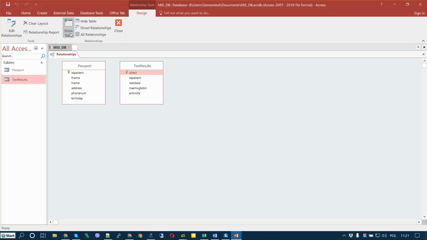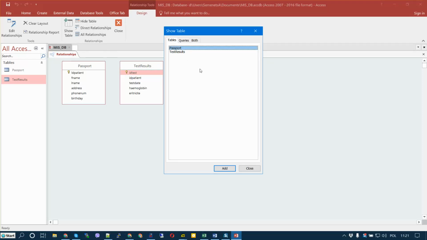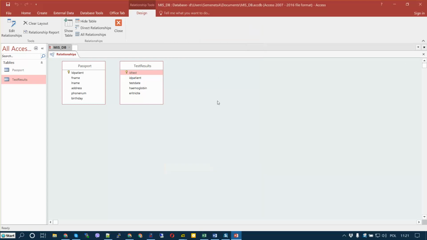Later, if you extend the database with extra tables, press show table again, and if you have a third table, you can select it and add it into the design. Then you are given a list of fields, and only fields that have index properties, no duplicates, are marked as primary key. Attention, Access does not check whether you have applied